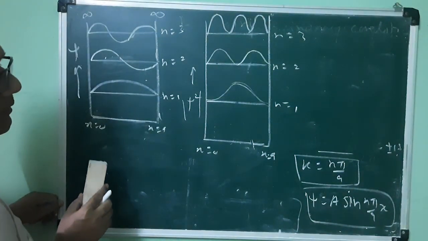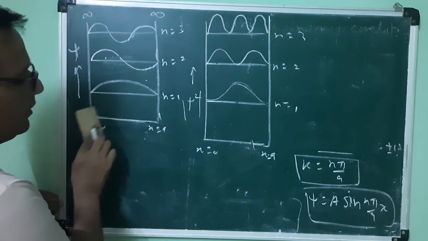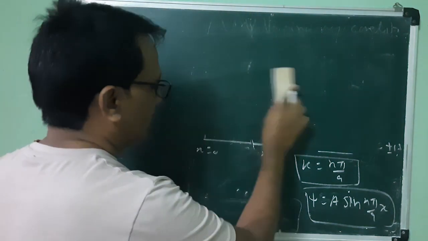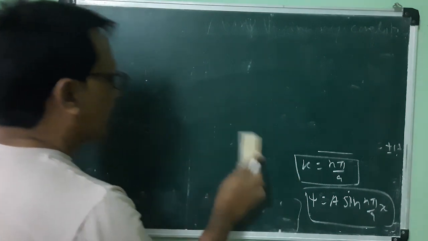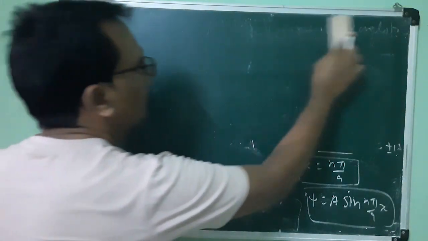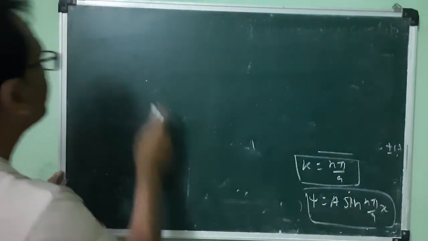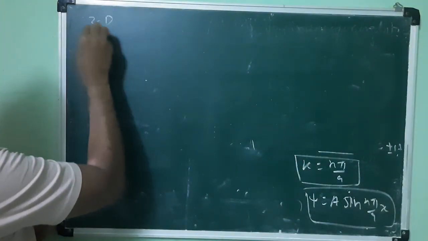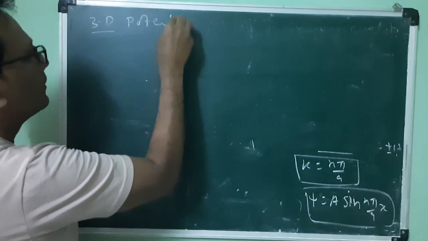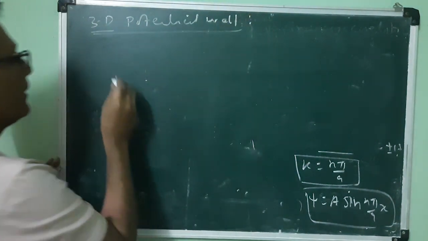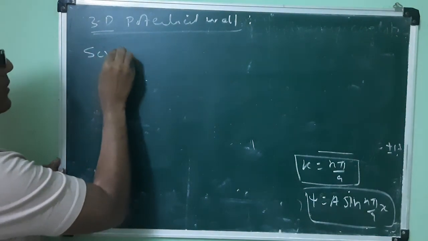Now we can generalize this for a three-dimensional case, because we have to consider the density of states in a solid crystal. So we have to use the three-dimensional case. So in 3D, for the potential well, we have to generalize the same. So the Schrodinger equation